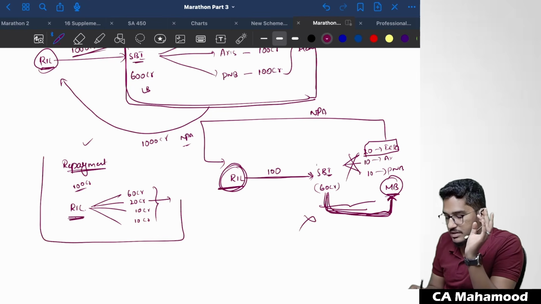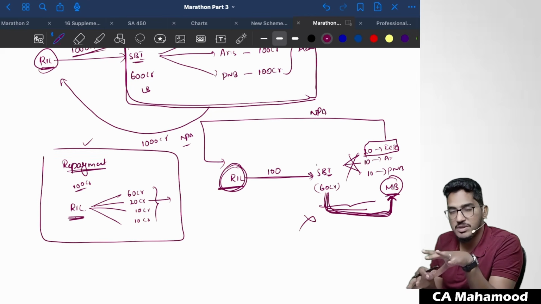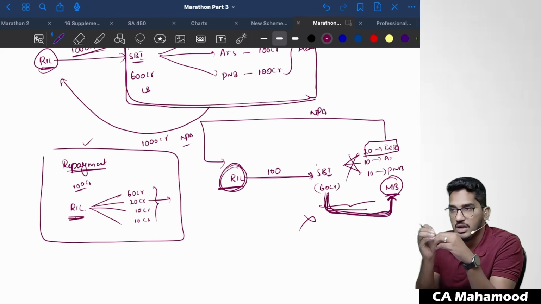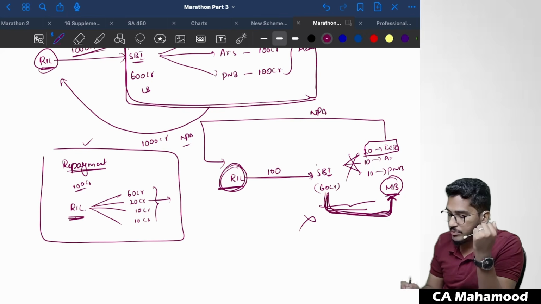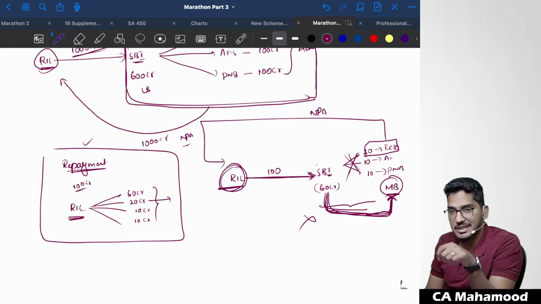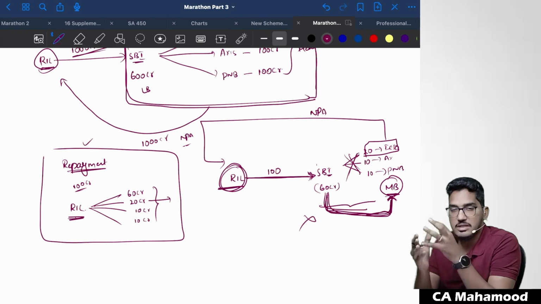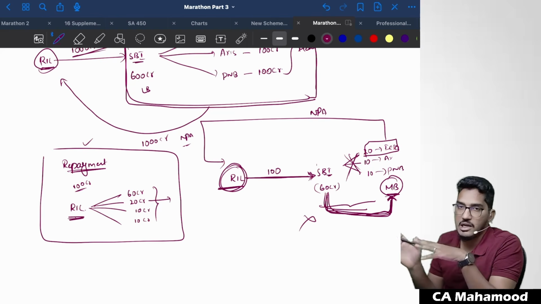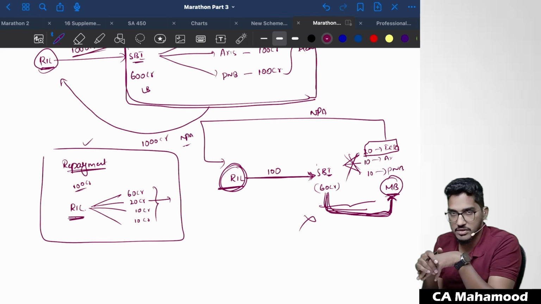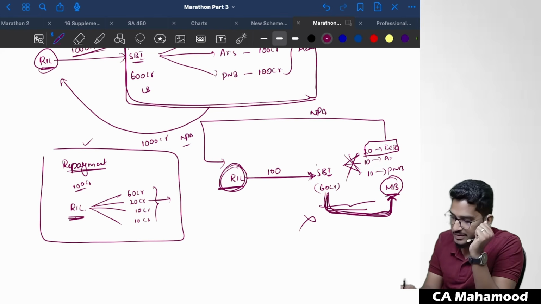In 90% of the cases, consortium advances will have a repayment structure where the customer himself will deposit the proportionate amount to each and every bank in the consortium. In that case, no issue at all. The problem arises when the customer is transferring the money to the lead bank, but the lead bank is not transferring the share to the member bank. In that case, there should be proper communication between lead bank and member bank. If the member bank got the confirmation that the lead bank has received the money on their behalf, they can avoid the NPA classification. Clear? Next one. So this is the third case.